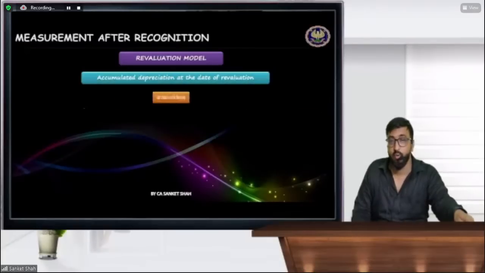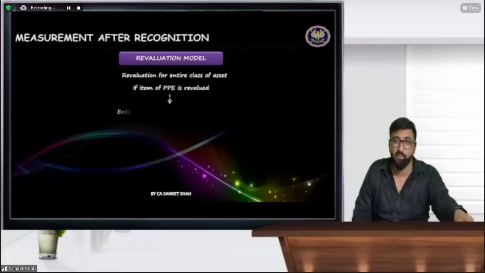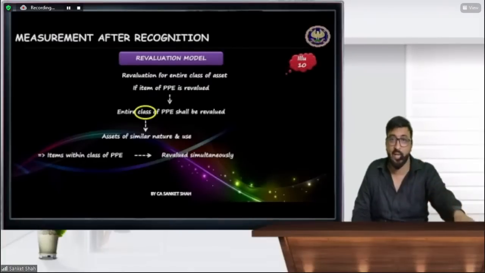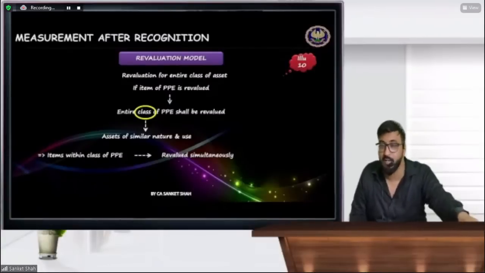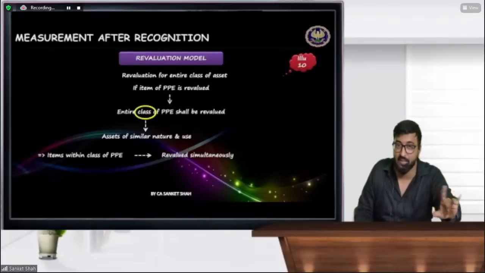Okay, so carrying amount will be equal to fair value. This netting up and grossing up concept, please better leave it in the option. Don't worry. Revaluation done by class is allowed. Class by class revaluation is allowed. For example, if you revalue only commercial building and not residential building, it's okay. Industrial building you revalued and commercial building or office building you did not revalue, it is also allowed. So revaluation is by class, not entire.